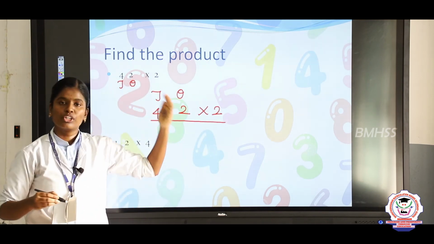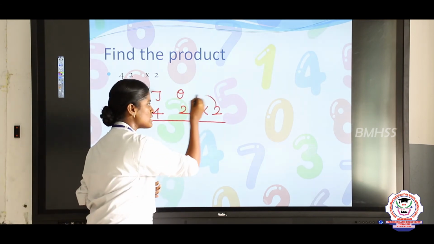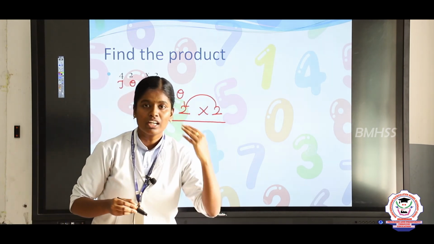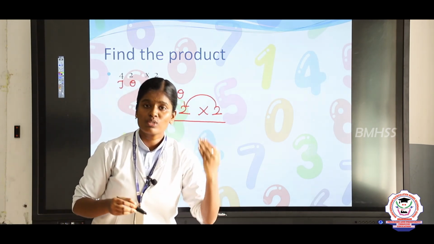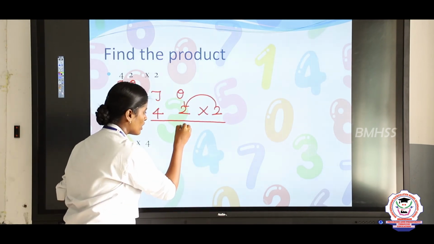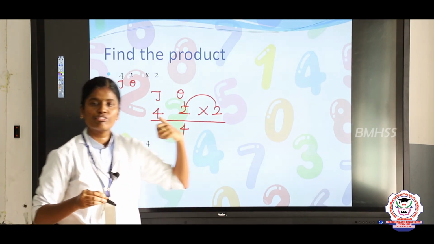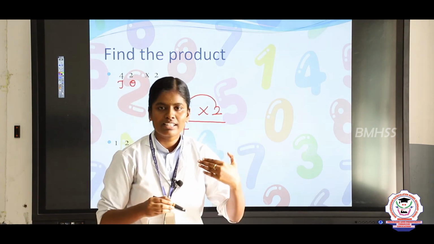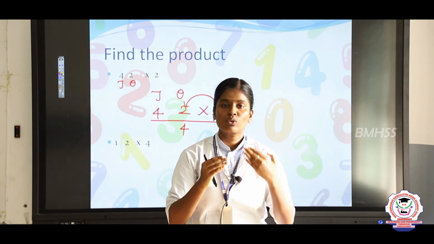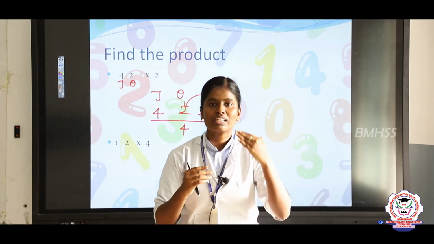Now you take 2 and multiply by the ones place. That is 2 times of 2. What is that? 2 2s are 4. So next you will take 2 4s are. Tell me Nani, what is the answer, 2 4s are? Listen. So keep 2 4s are, that is 2 times of 4.